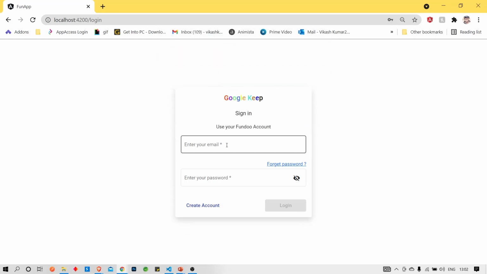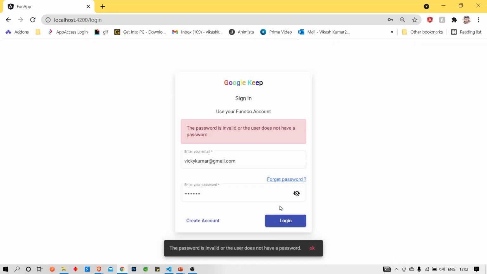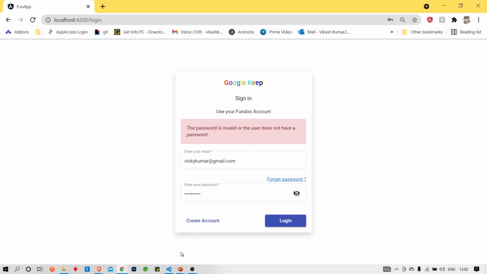Now we are trying to log in. If we give an incorrect password, then we can see the password is invalid.